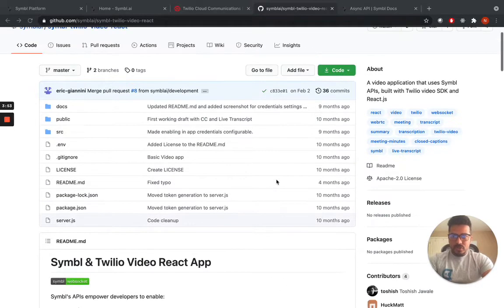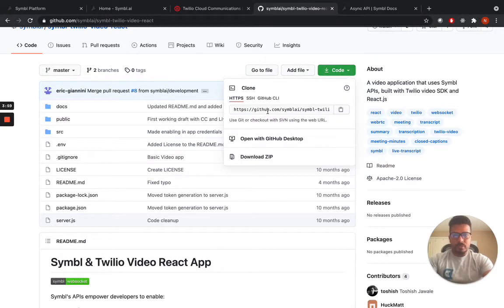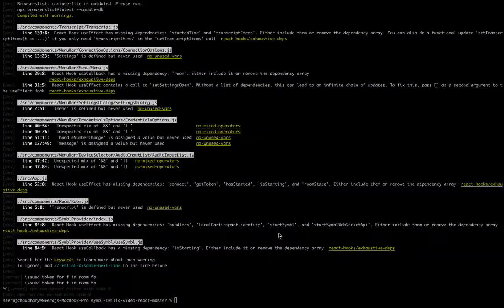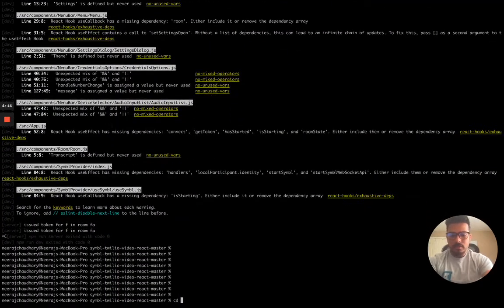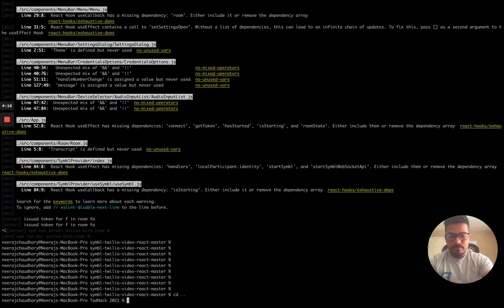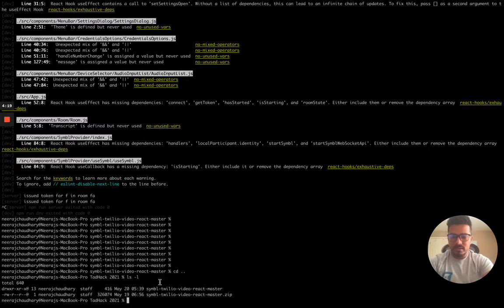It's pretty straightforward. What you need to do is go here and click on Code. If you are familiar with GitHub, you can directly do a git clone using this URL, or if you just want to download a zip version of it, you can do it directly from here. I have already downloaded it on my laptop, so let me quickly navigate to that folder. I already have this file downloaded, and I have unzipped it. For unzipping, you can use a command like unzip if you have that utility on your Mac, or you can install it with whatever tool you prefer.